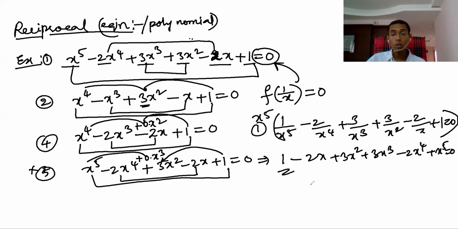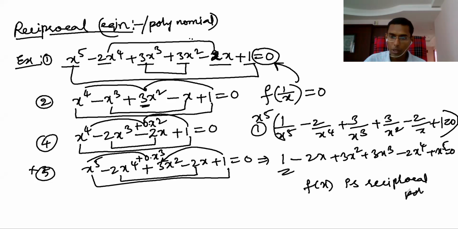All right, so then what is a reciprocal polynomial? Reciprocal polynomial means, here is the definition. Here you see, f of 1 by x I multiplied with x power 5. So f of x is, let's say, a reciprocal polynomial. If this is a reciprocal polynomial, if I don't take this 0 part, then x power 5 into f of 1 by x is what I get, f of x. These both will be equal.